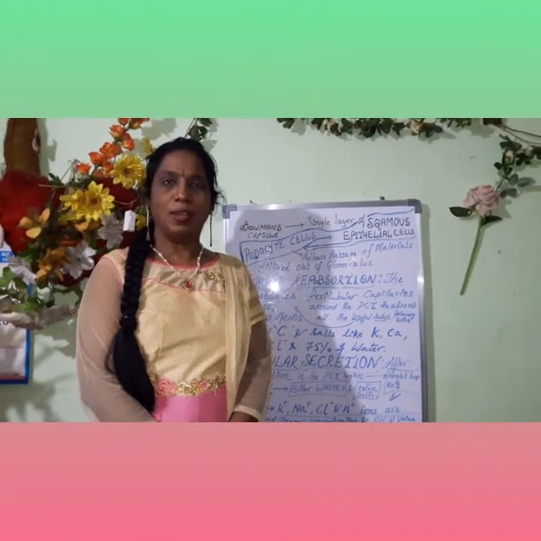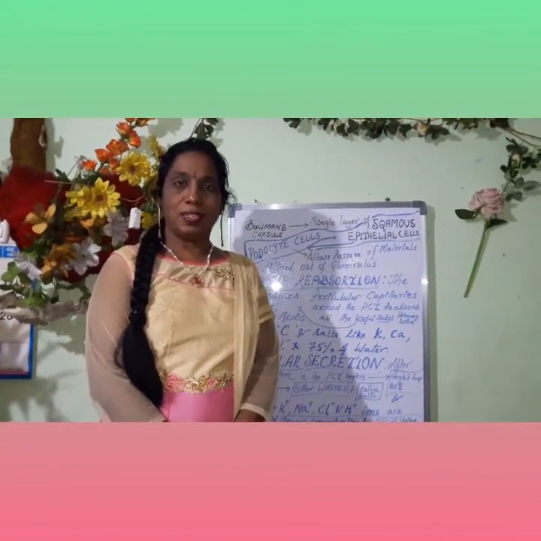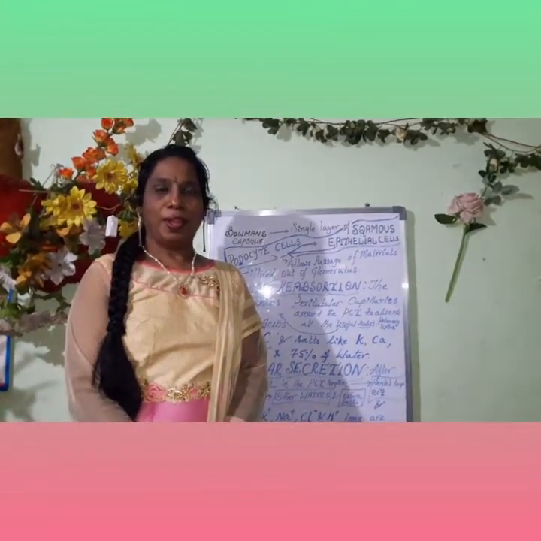It passes through the PCT, the proximal convoluted tubule. The peritubular capillaries around the PCT